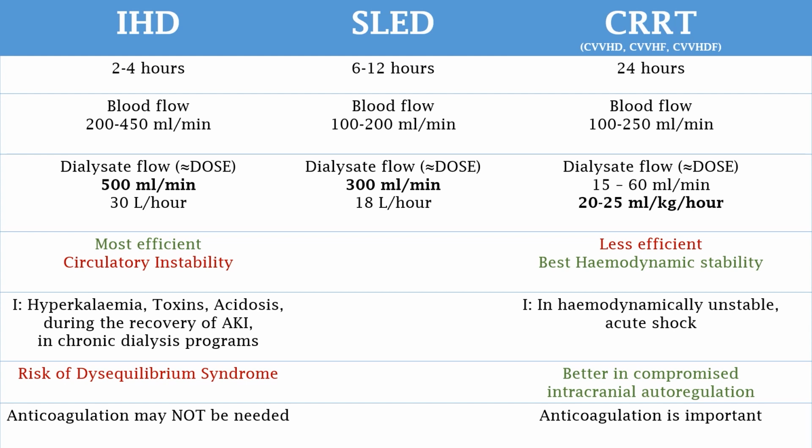This comes with an important side effect of intermittent hemodialysis, which can cause significant hemodynamic instability, commonly seen at the bedside as an increase in catecholamine need to maintain mean arterial pressure. Continuous methods provide much greater hemodynamic stability and are preferred in acute shock states, but on the other hand are significantly less effective. Please note that in the context of continuous methods, these doses should not only be prescribed but